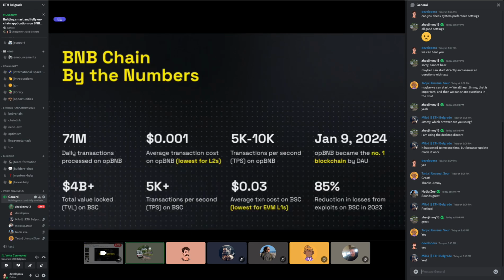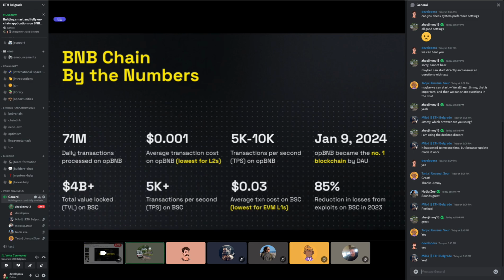So I'd like to introduce the BNB Chain by the numbers. First, let me talk about opBNB, which is our layer two of the BSC. BSC is our layer one network, and opBNB is a layer two network.